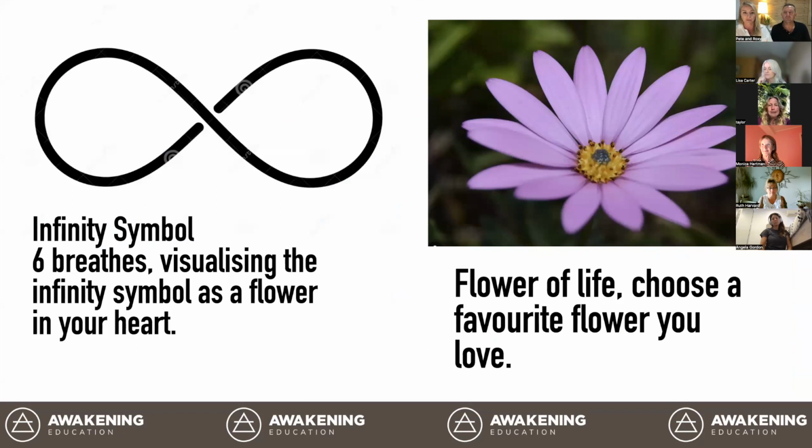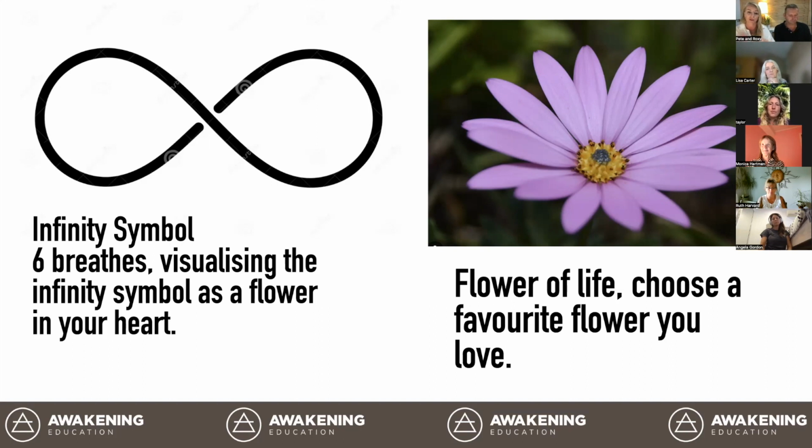The infinity symbol is a very important symbol in the creation of life, and you'll see that in the pyramid code as well. There's some key numbers that have a meaning behind them. So when you see a number like 1, that is oneness. This is the number 8. So if you're getting 888 everywhere, it's infinity. I know that you can Google all of this, but there are also keys in other wisdom texts as well that we should be looking at.